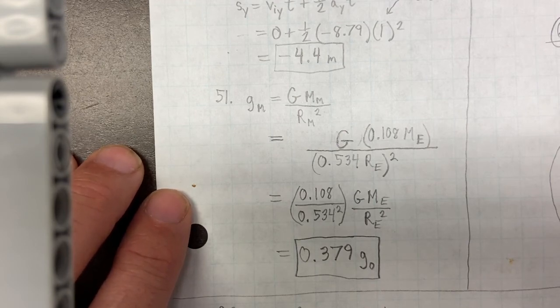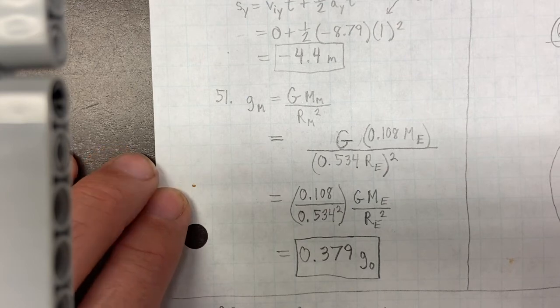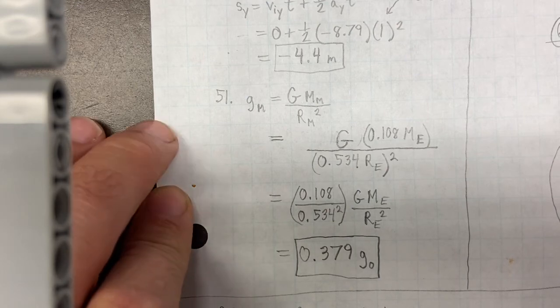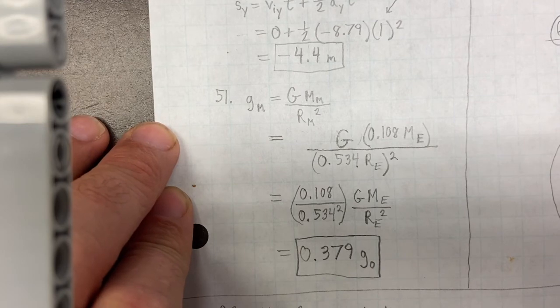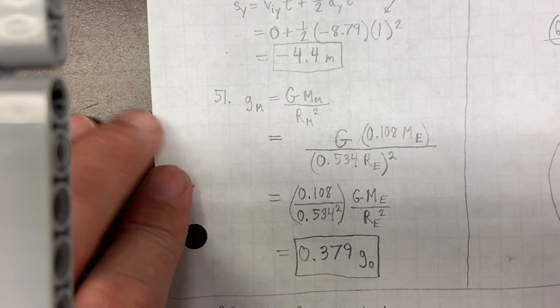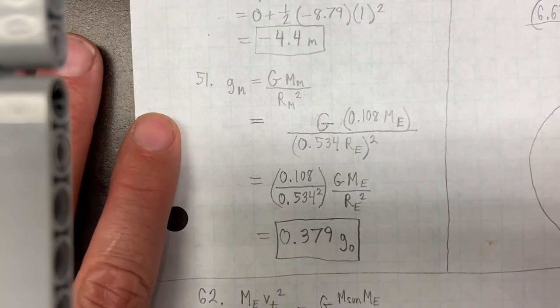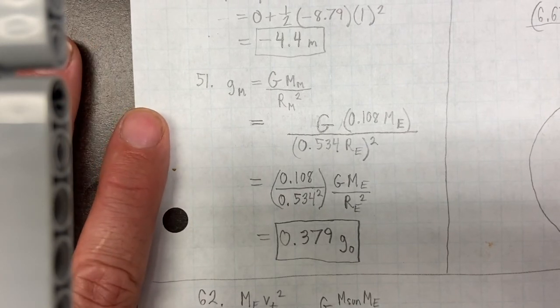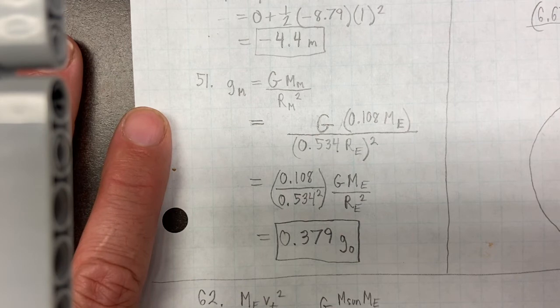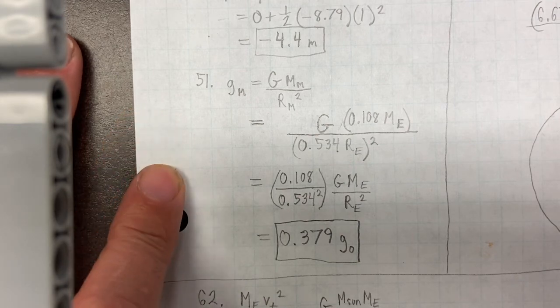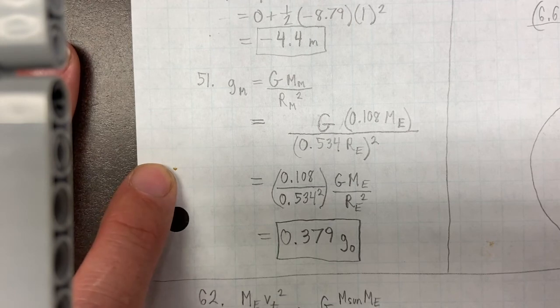Okay, so the g of a planet equals the big G times the mass of the planet divided by the radius of the planet squared. So then we have things that we can plug in. Notice what we plug in for the mass of Mars. They told us that the mass of Mars is 0.108 M_E, so we just leave that in. They also told us that the radius of Mars is 0.534 radius of Earth, so we put that in too. And then things simplify so that we're left with